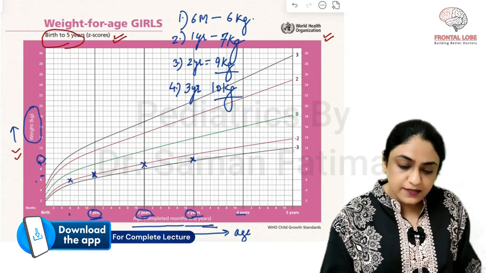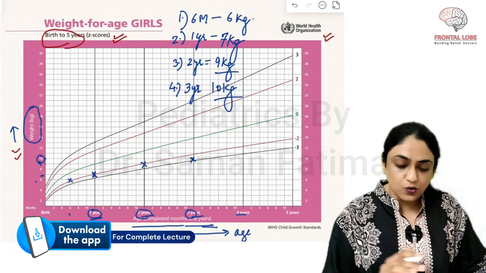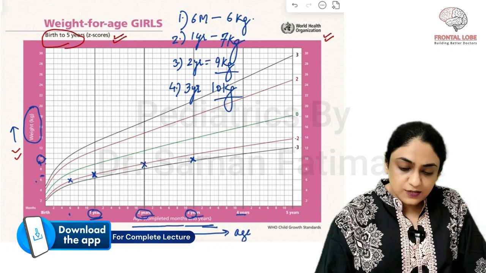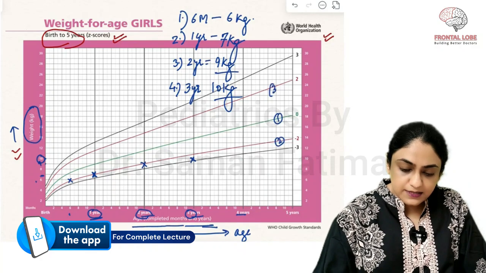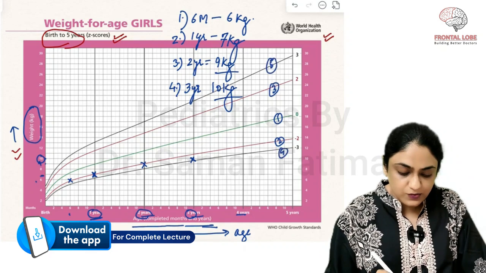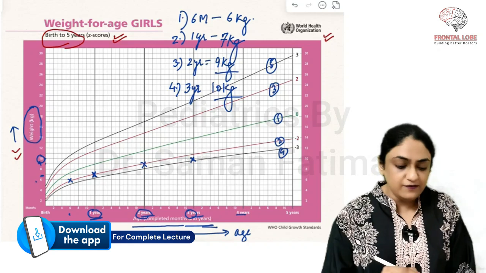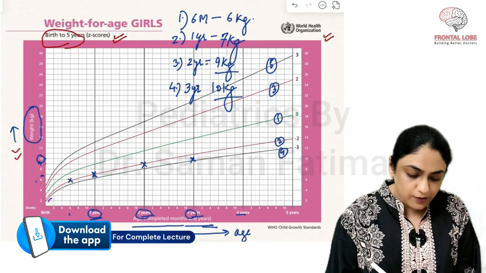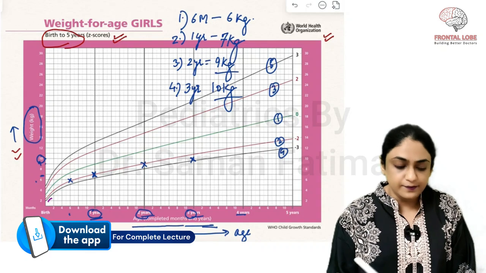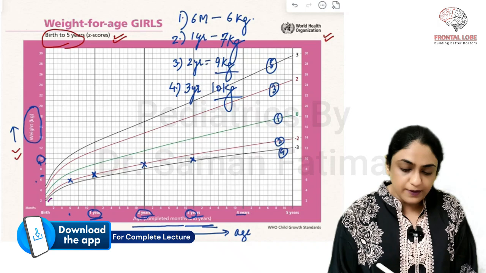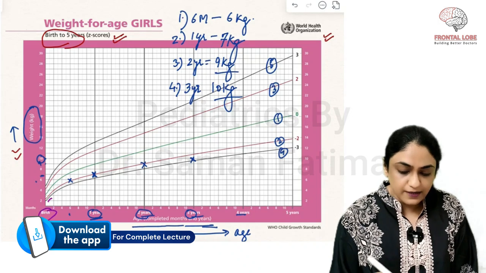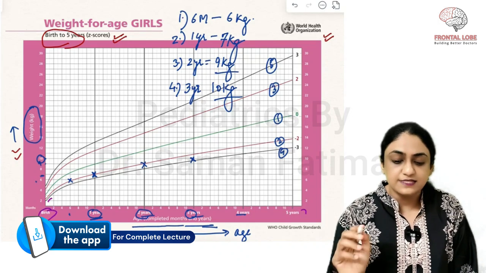That it has, you can see it, this graph has already 5 lines. So line number 1 is this, line number 2 is this, line number 3 is this, 4 is this, and 5th is this. Can you see it? Can you appreciate the 5 lines from here till here? From birth till 5 years of age we have these lines.